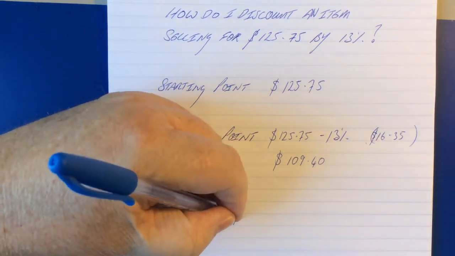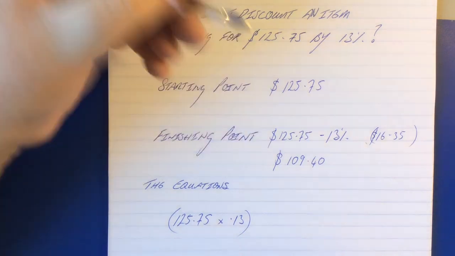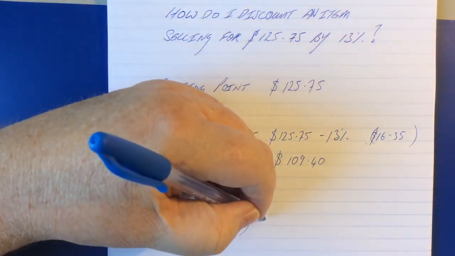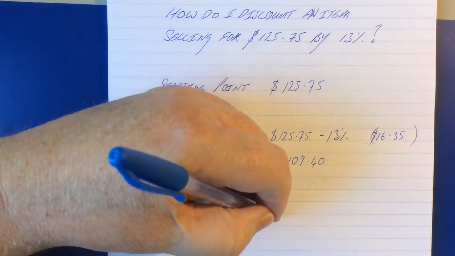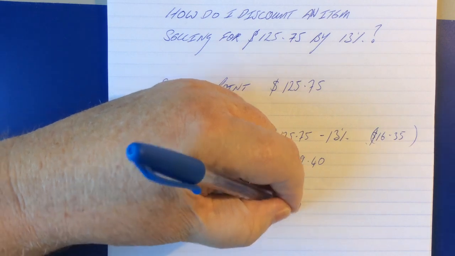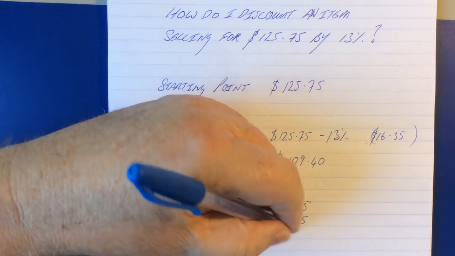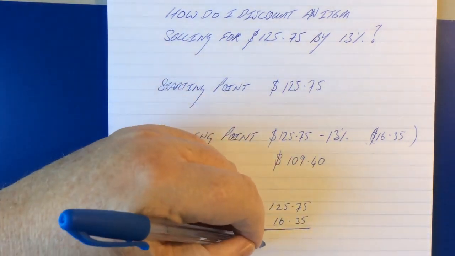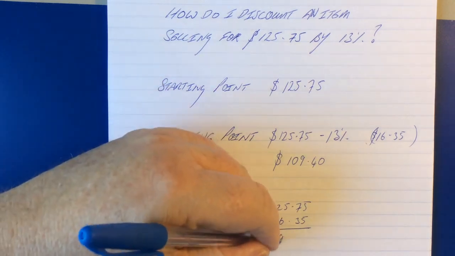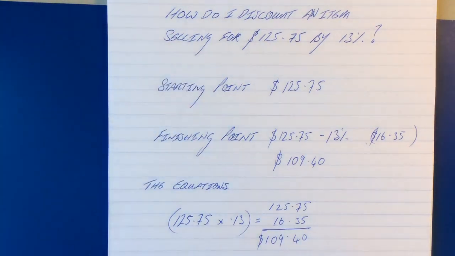times 0.13, whatever that comes to, and that gets subtracted from 125.75. So we'll put that up there. This equals $16.35, and that gives us our answer, which is 109.4. Okay, so that's one way to do it, but there's I think a better way of looking at this,